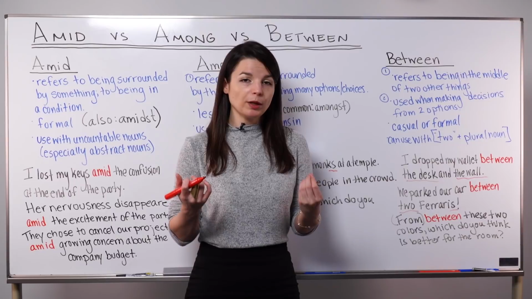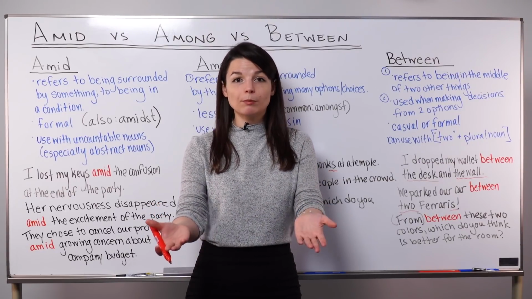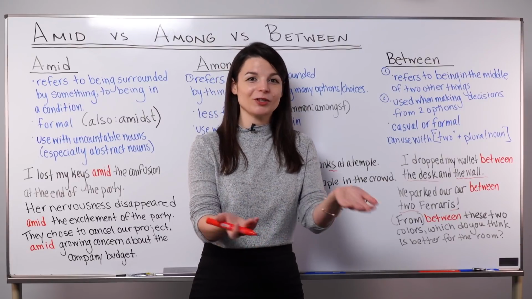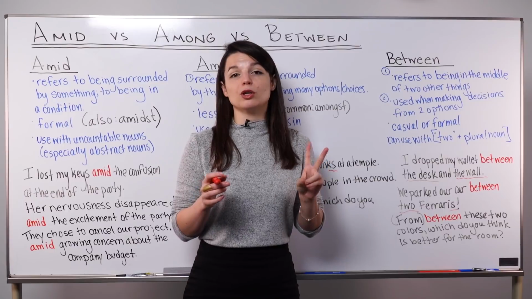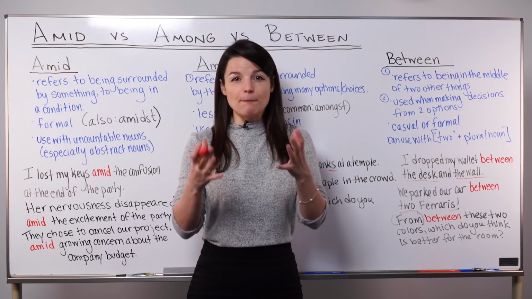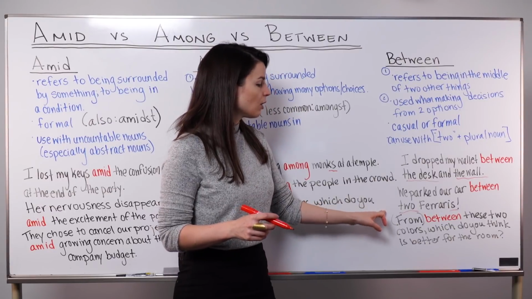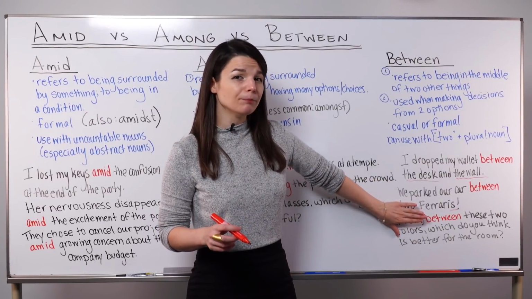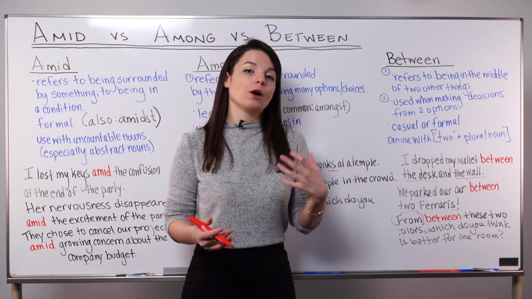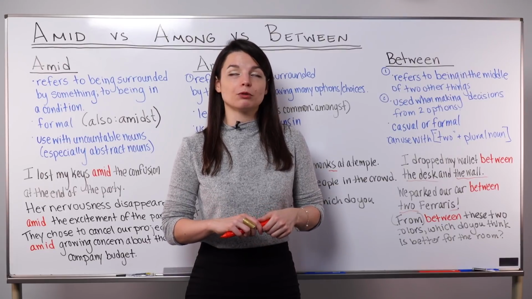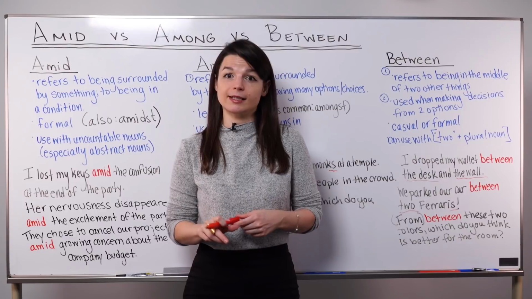So we use between when there are 2 options. So like from between these, which do you like best? Or from between these flavors, which do you think is spicier? So we use this between for 2 choices, and we use among more for like many choices, 3 or more. So again, with between, you'll often hear people drop this from and just begin by saying, between these 2, which do you like? So you can choose to include from or not. It's quite casual to drop the from at the beginning of a sentence like this.